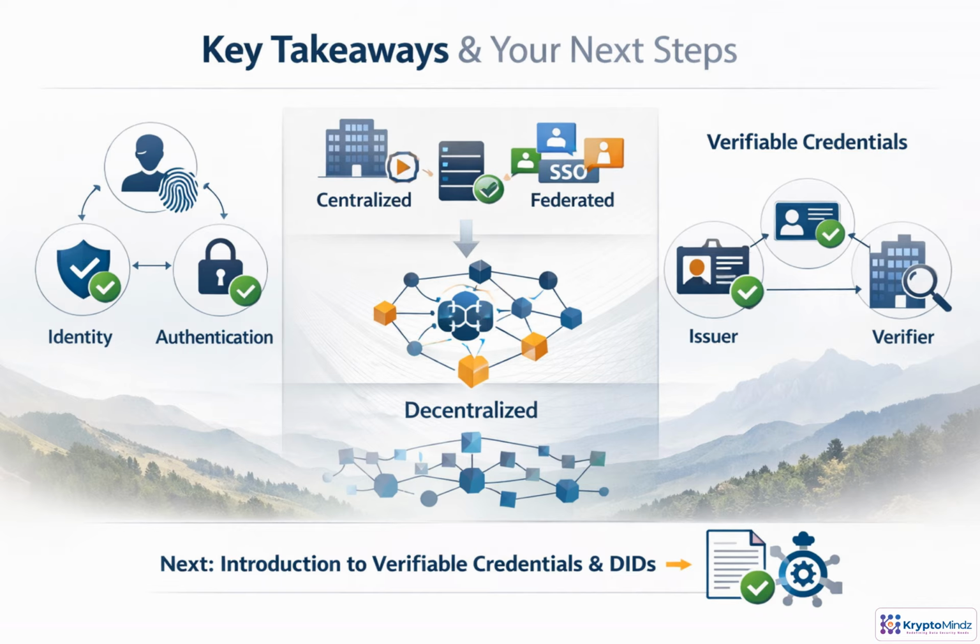You now have the map for this course. Identity, authentication, and authorization are connected, but distinct. Centralized and federated systems solve real problems, while creating important trade-offs. Verifiable credentials shift trust across issuer, holder, and verifier. Next, we'll inspect the building blocks, VCs and decentralized identifiers,